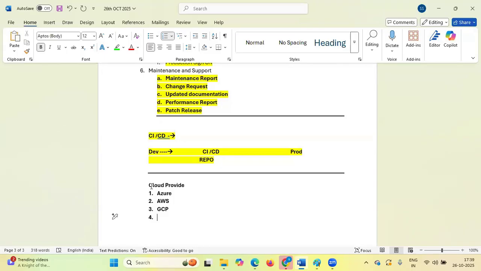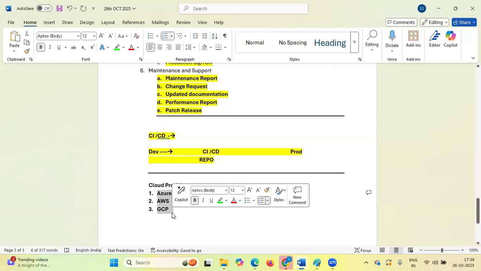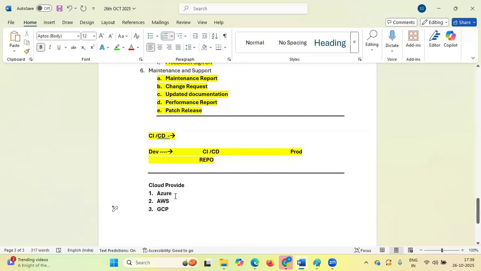Also we have IBM cloud, Alibaba and others, but the major market share is divided between these three only. Number one is Azure, almost 38 or 39%, then AWS with 36%, and then almost 15 to 18% GCP. This is the trend of the cloud.